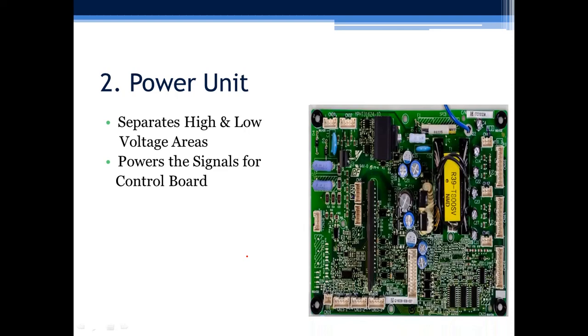Now the second unit is called the power unit. This power unit separates high power and low power section. Here you can say that it is an analog or digital circuit, and in this you have a microcontroller, you have a drive, so you need 5 volt supply, 10 volt supply, 12 volt supply for various parts. So it powers the various control boards which are available in your drive.